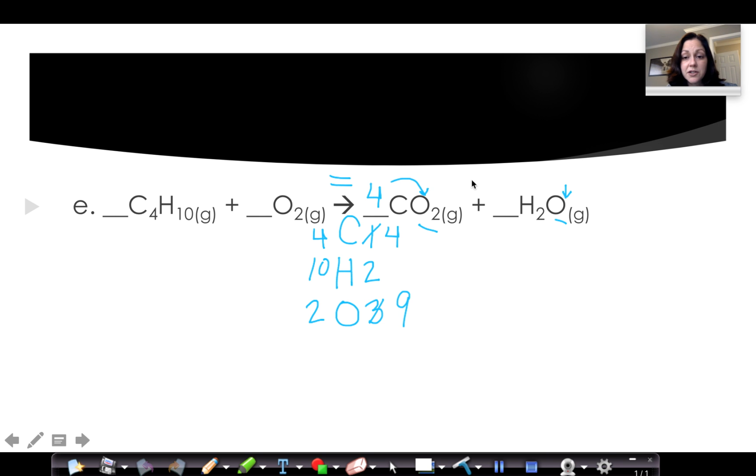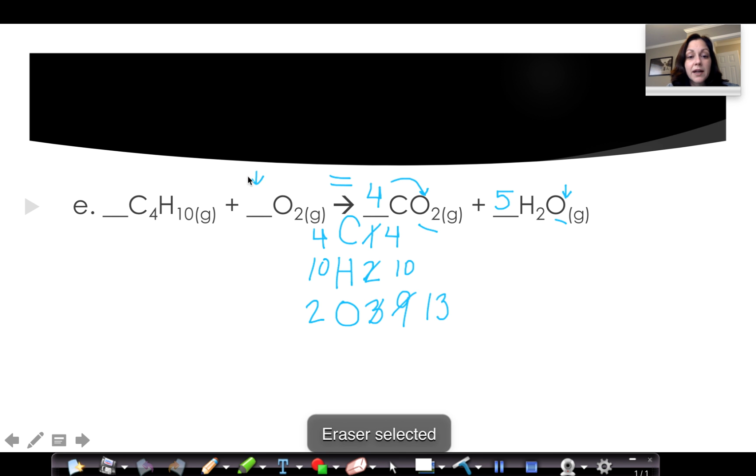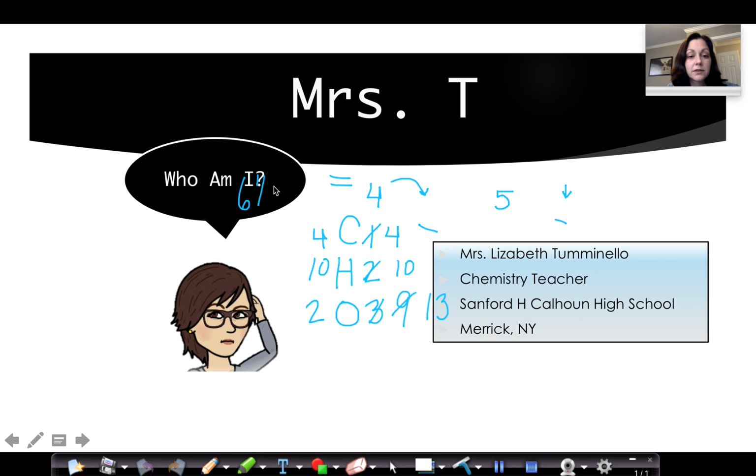To get 10 H's on this side, I'm going to put a 5 in, and when I put that 5 in, that's 10 H's, but now that's 8 and 5, that's now 13 oxygens. So if I want to get this all into balance, I'm going to put a coefficient here in order to get my oxygens balanced. And if I put a 6 and 1/2,